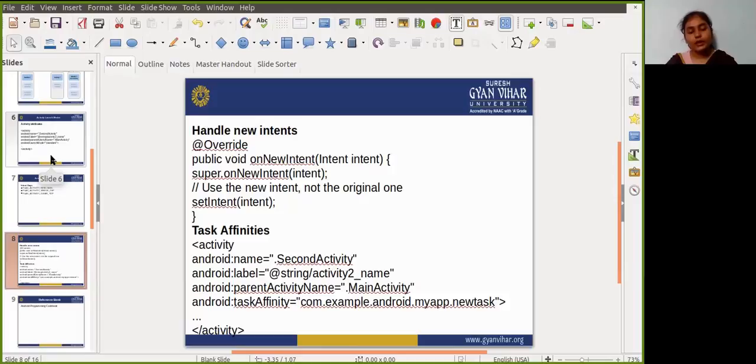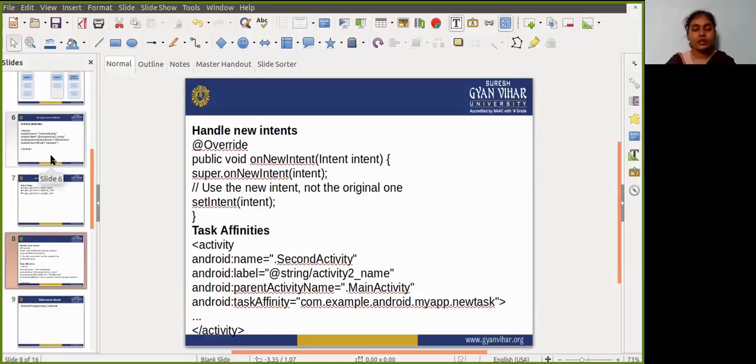So you need to first call the activity tag. Inside the activity tag you need to write some attributes: the name attribute, the label attribute, and the parent activity name. In the name attribute you write the name of that activity.